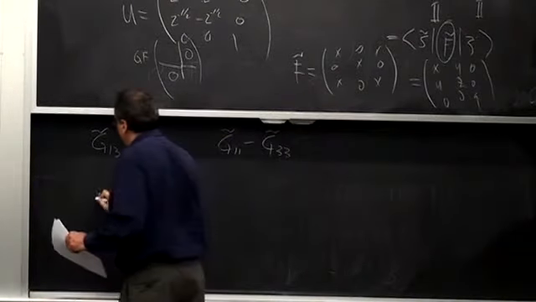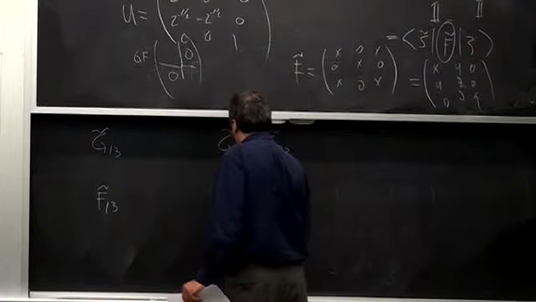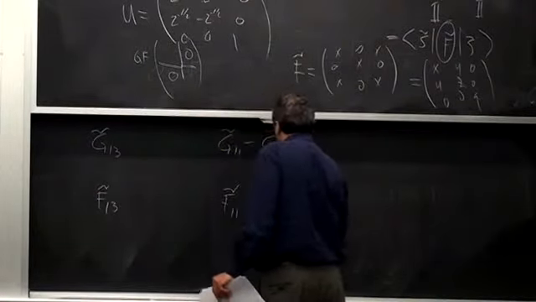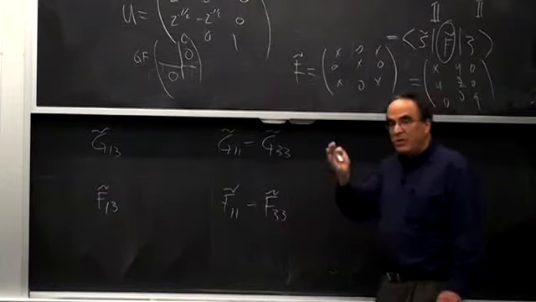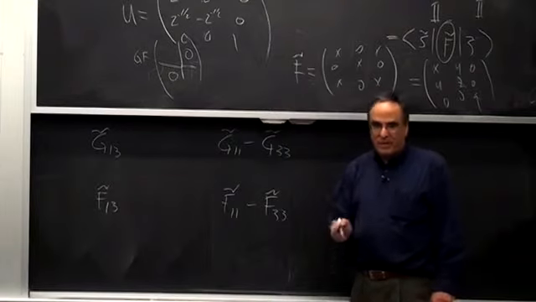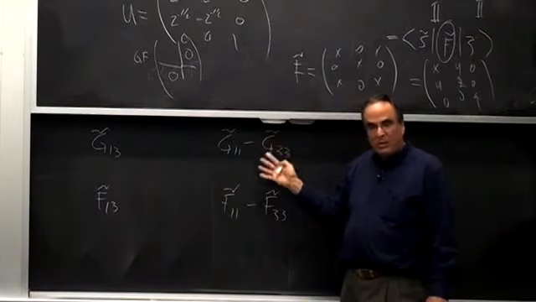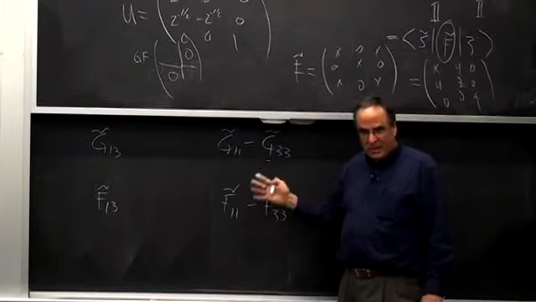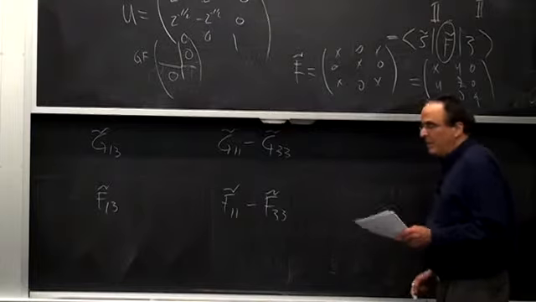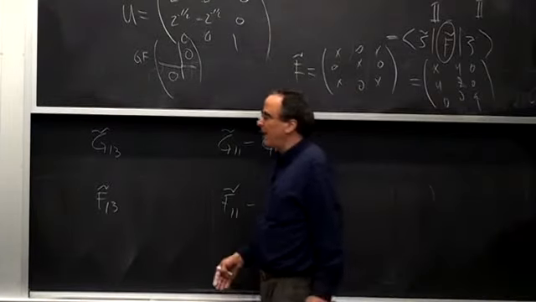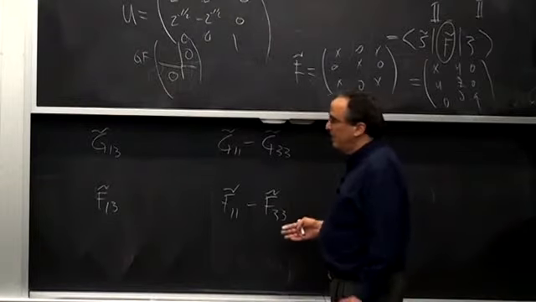And we have F13 and F11 twiddle minus F33 twiddle. And so even though GF is not a symmetric matrix, we can use some of the same ideas we use for reading symmetric matrices. And so the off-diagonal elements, G13